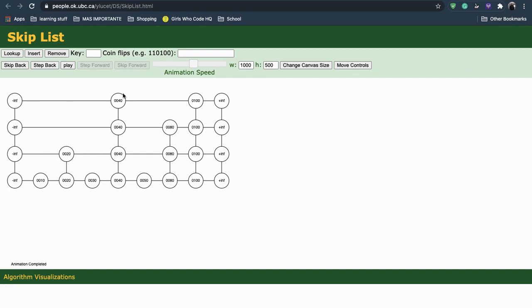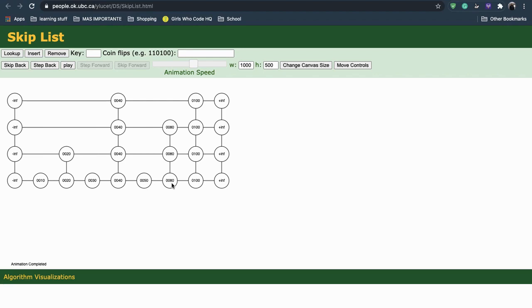Whereas here we started from the top, we made 1 comparison, 2 comparisons, 3 comparisons. We actually made 1 here, 1 here, that's 2. We made essentially 4 comparisons until we reached the bottom, so it's much less. And this is just a small list, so it doesn't seem as much of a big deal. But when you have a list with 1,000, a million nodes and keys, and you're looking for something,